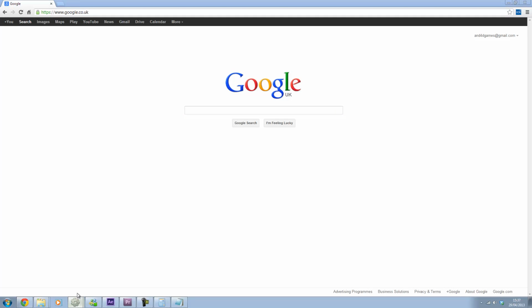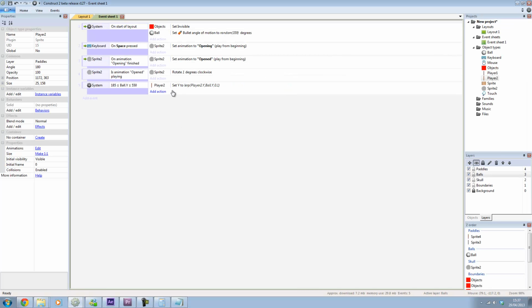So what we want to do is have this happen only when the ball is within this range. We want to add another condition. I did that by right clicking on add another condition, and we want to set it so this will happen if